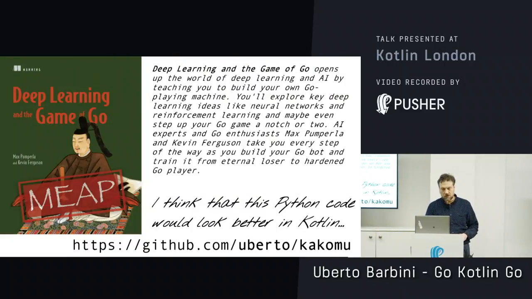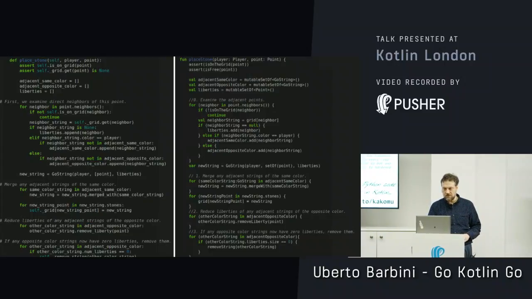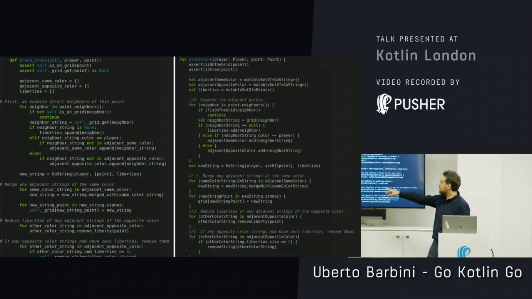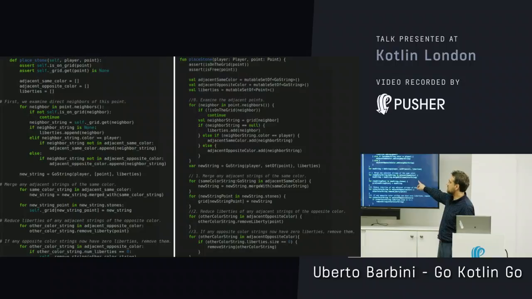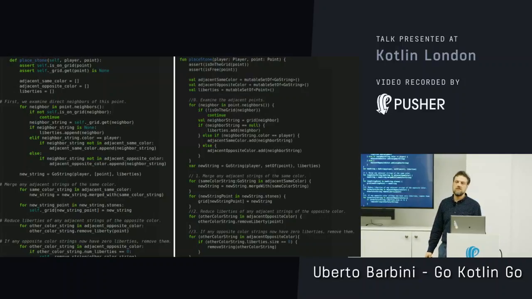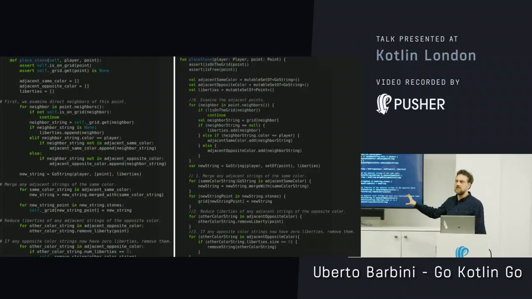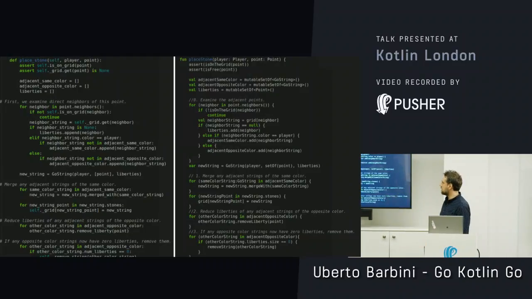And this is, I think, quite an interesting point. Left is Python, right is Kotlin, and it's almost identical. It's quite impressive. I mean, it's not some trivial code. It is one of the most complicated pieces of code, and it has a lot of if-else.